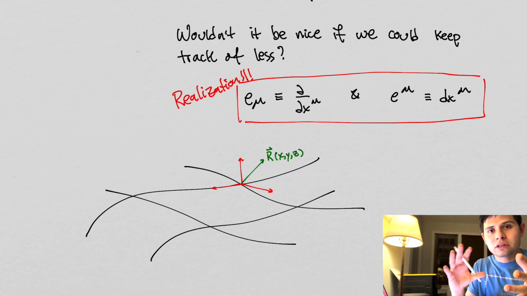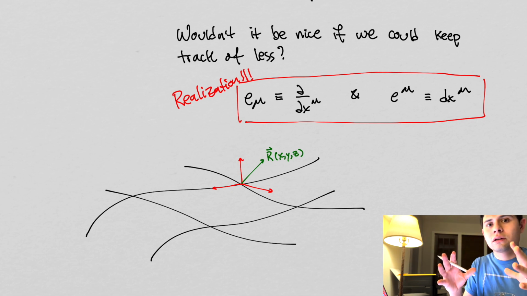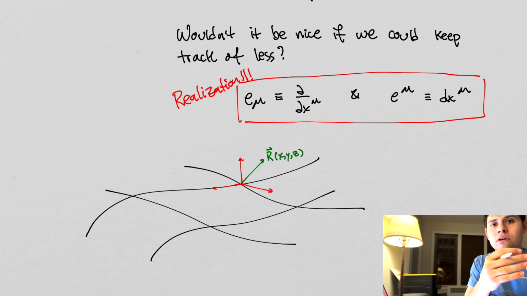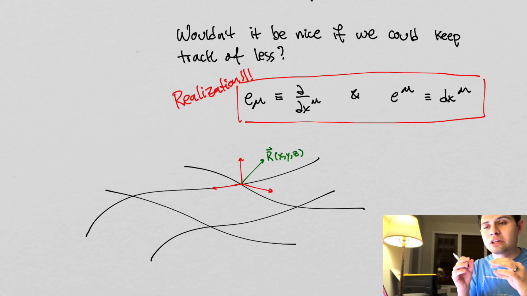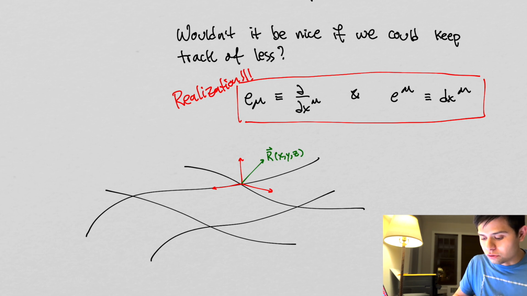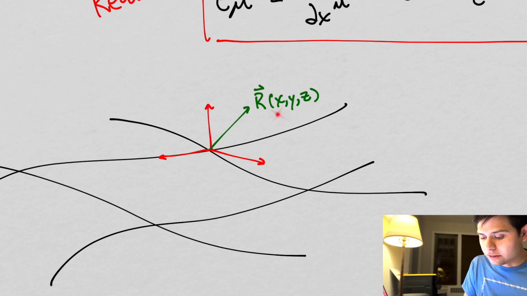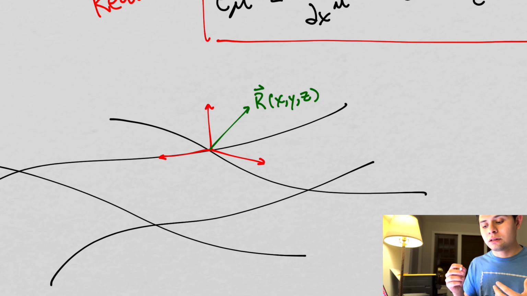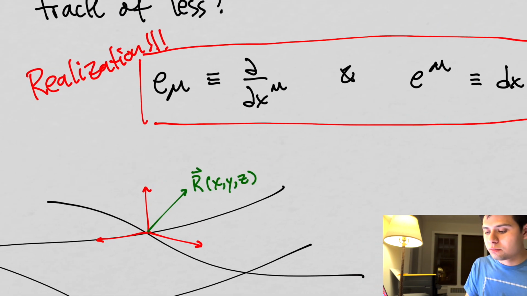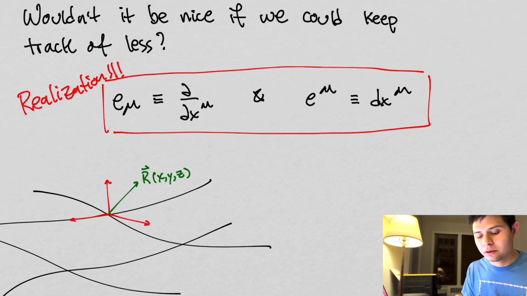And these vector fields can move in different ways. That means they are functions not just of space, but they're also functions of time. Each vector, each point is a function of space and time. So we write our vector at some particular point like this. And when we see that we have a vector field where each vector is dependent on the underlying manifold, then we might suggest the following,